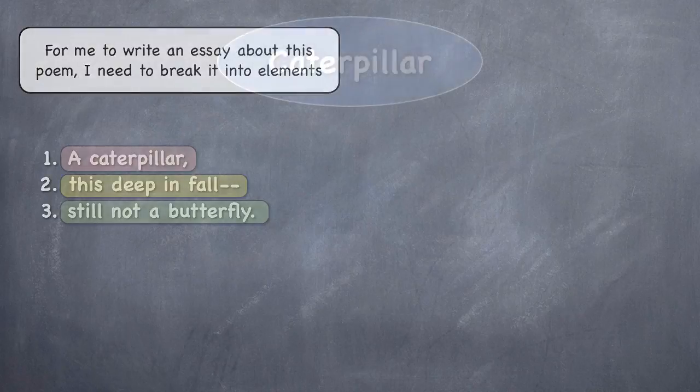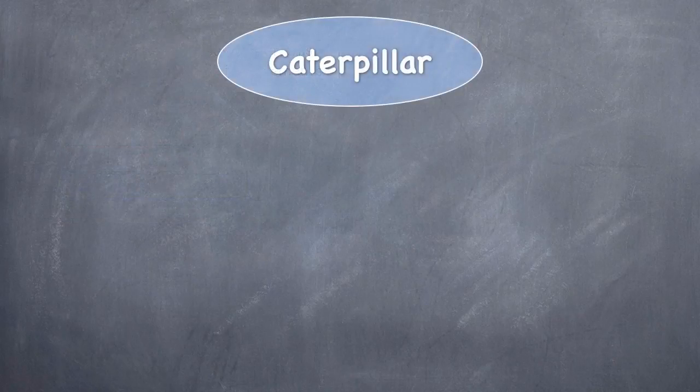Number 1, I'm going to take the caterpillar, the subject, and I'm going to try to divide it somehow into parts. I'm all about division. You have to divide into parts in order to write about it. So let me see what I can do. Just a basic search about a caterpillar online on Google will show you that there are several stages for a caterpillar to become a butterfly.